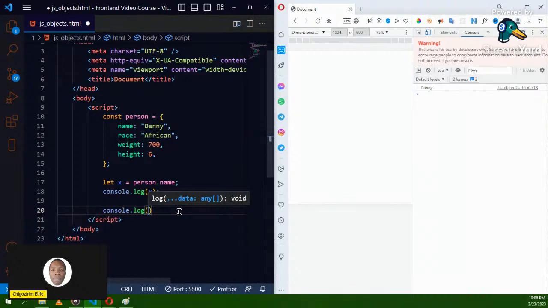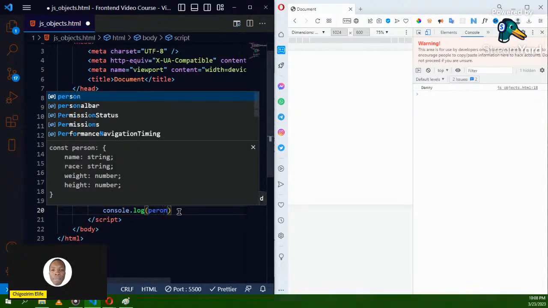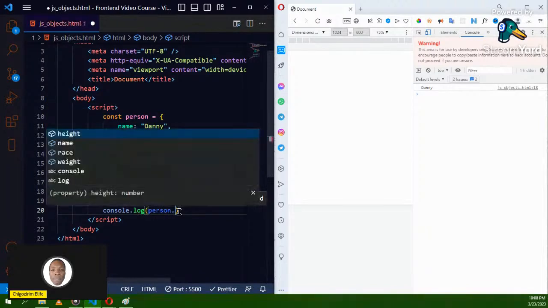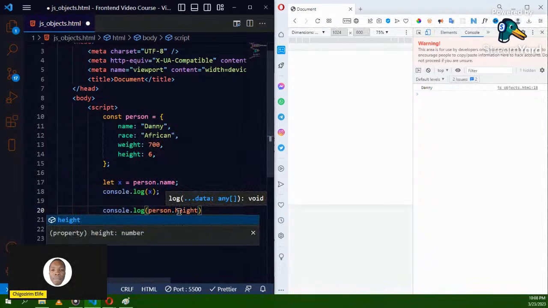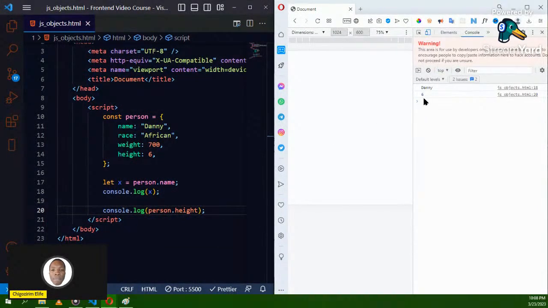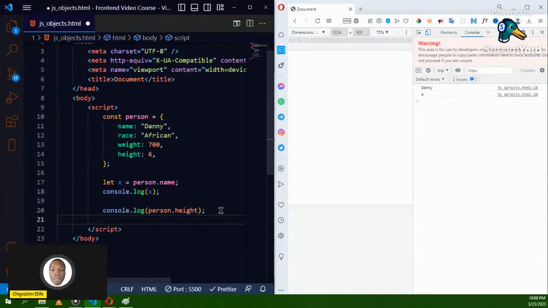I can say person dot height, right? Person dot height, and I'll get the person's height. All right. We can also say person dot weight,